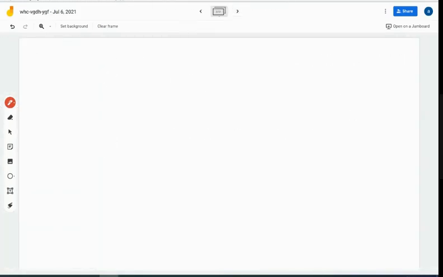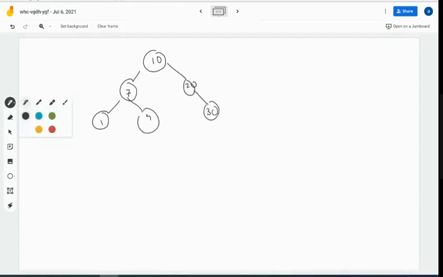So similarly, if the situation is that the node to be searched is towards the right, so 10, 7, 1, 9, 20, and 30. If I want to search, let us say 20, then what will happen? This 20 will become the root node, and this rotation will be there. So I'll be rotating it in this way.